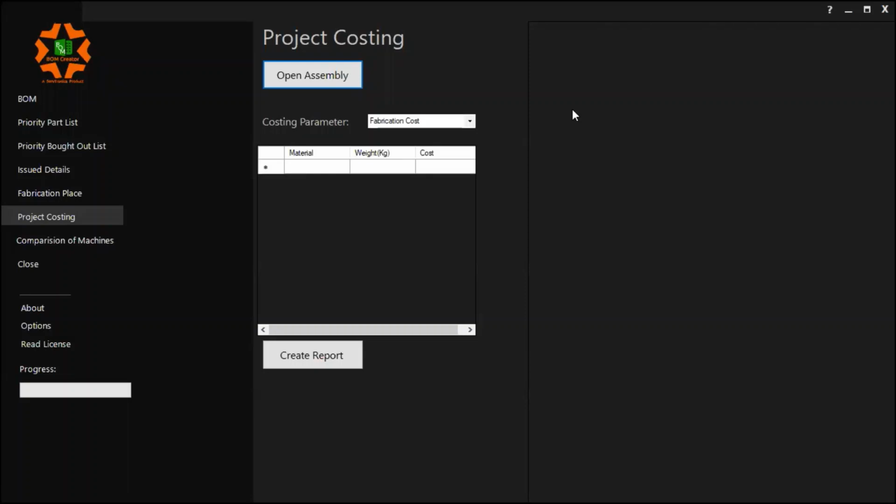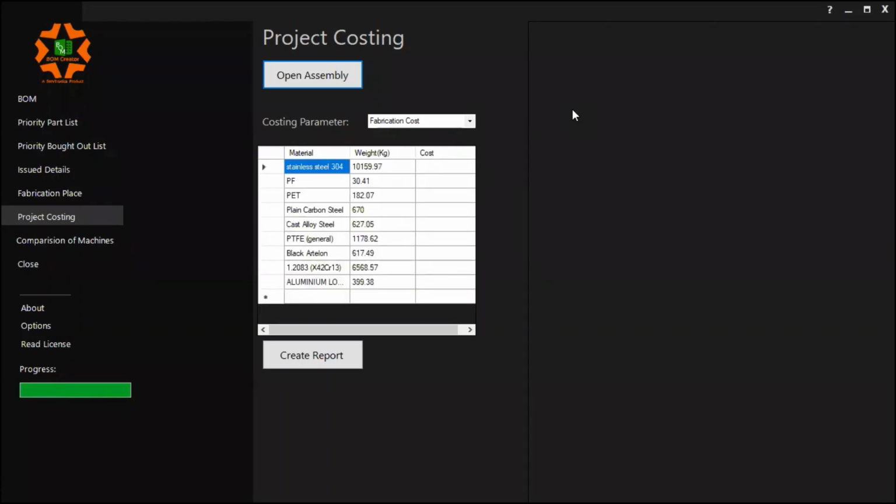Next comes the packing cost. Every design component has to be packed, right? For a domestic order, we do roadworthy packing. For an export job, we do seaworthy packing. Based on the respective packing type, we enter the number of boxes and the per cubic feet cost. Last is the transportation: how many vehicles or containers I may need to transport this. There is the material and the respective weight, so here I'll go and put in my respective costs. Right now I'm putting in some random prices just for understanding.